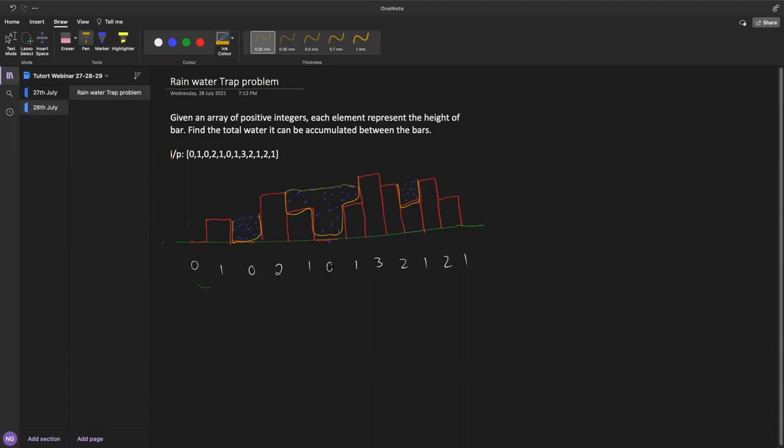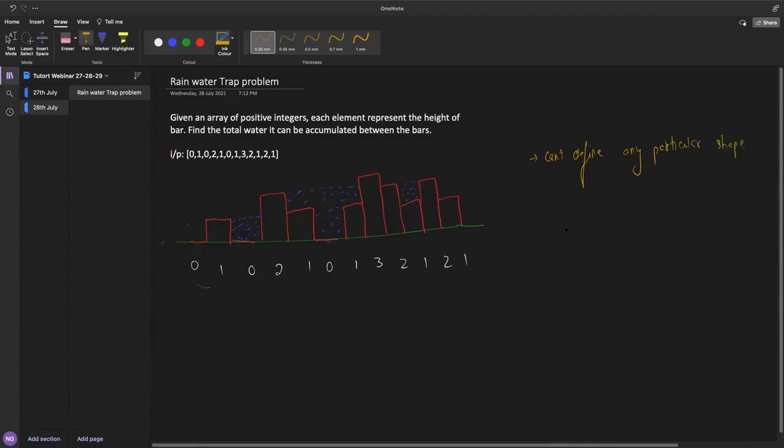So we can't define any particular shape here. What we have to see is that we can break it down. How can we break it down? If you look at a particular bar, you can break it down into a rectangle.